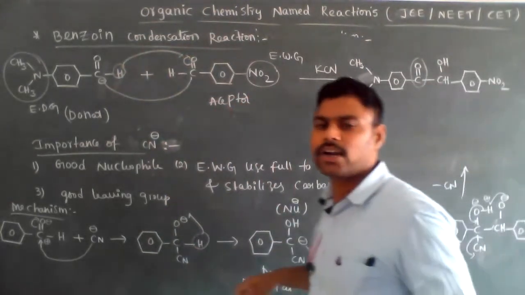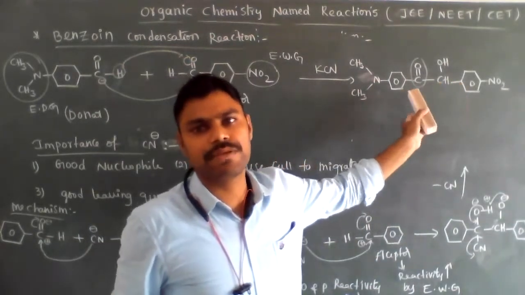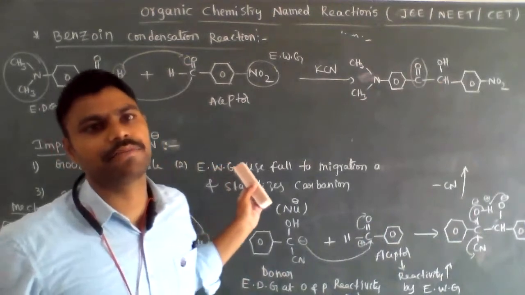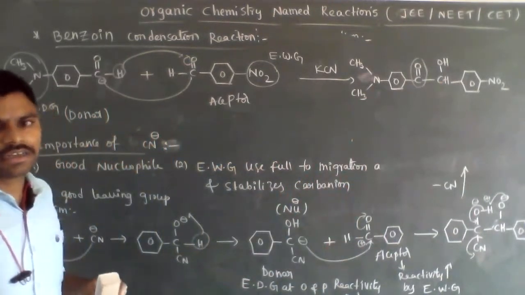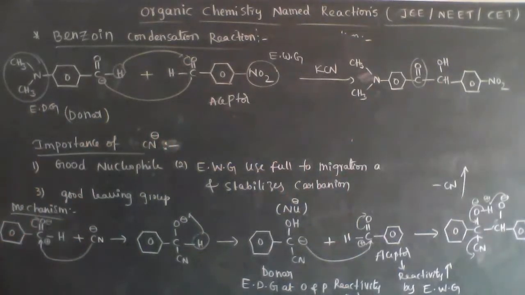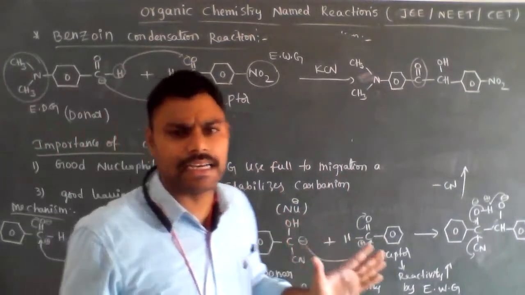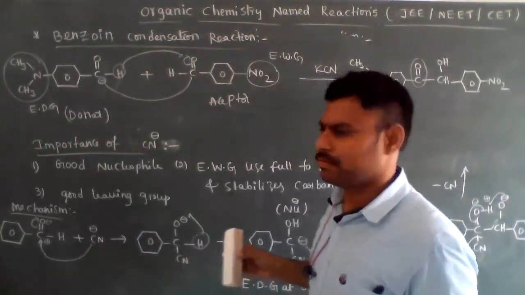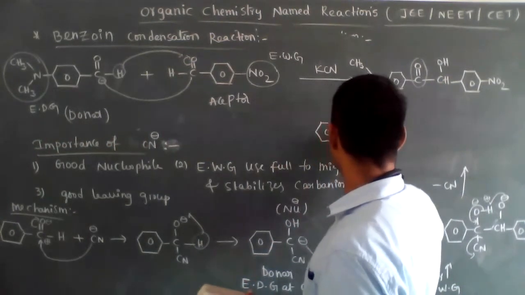This is also an alpha hydroxy ketone, but benzene rings are present on both the left side and the right side. Hence it is called a benzoin derivative, or benzoin condensation reaction. Okay, it is a very important one. In this reaction, we need to observe mainly: if only benzaldehyde is present, then no problem. We will get this product because it is symmetrical, both are the same.